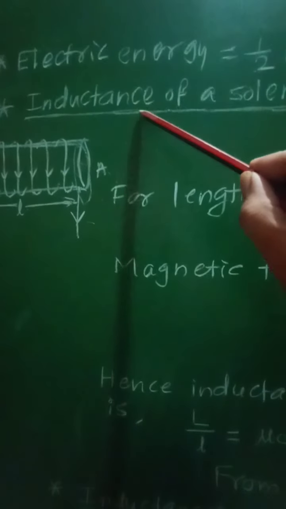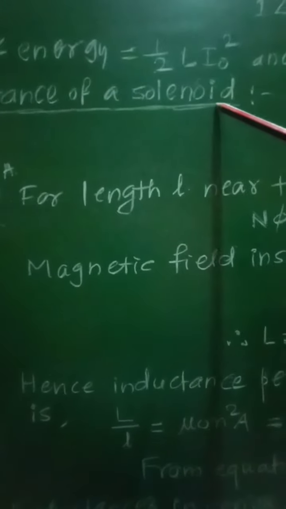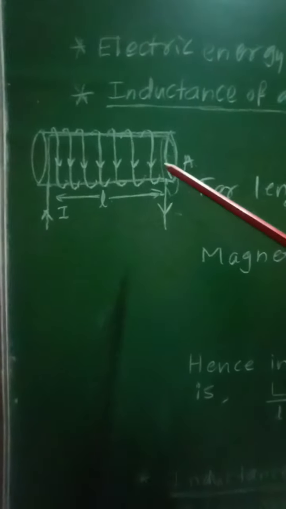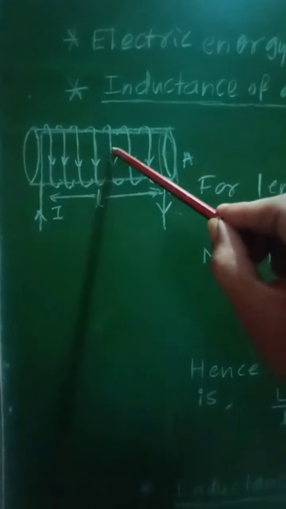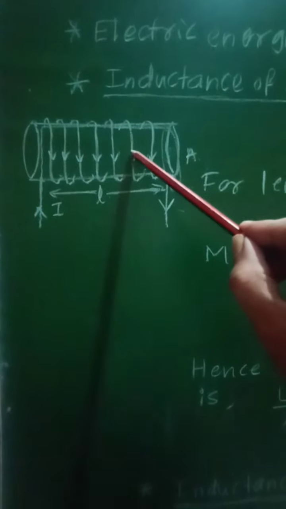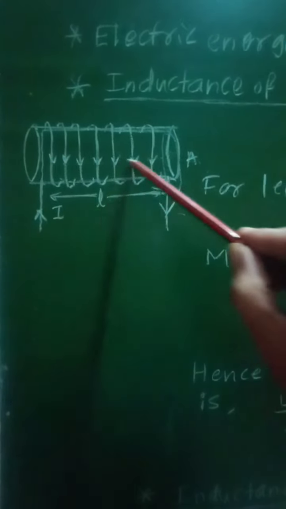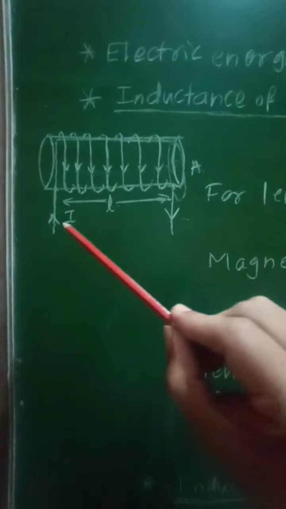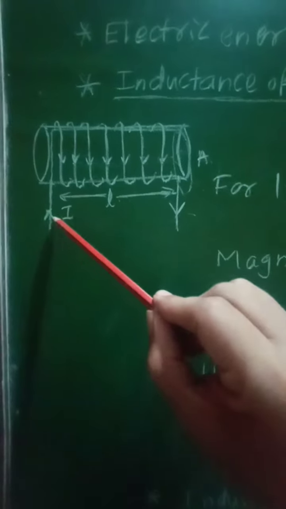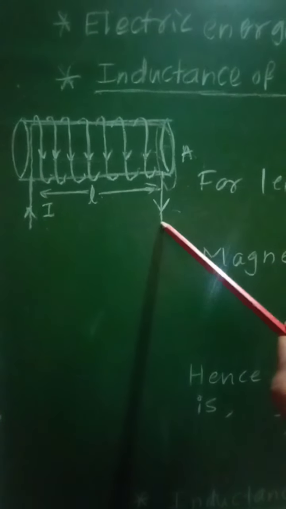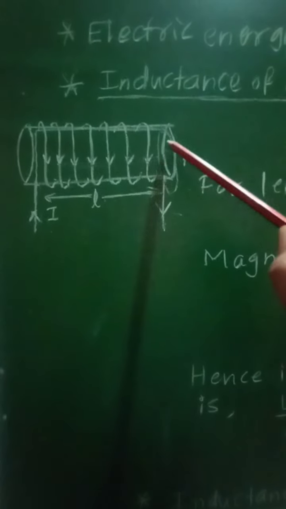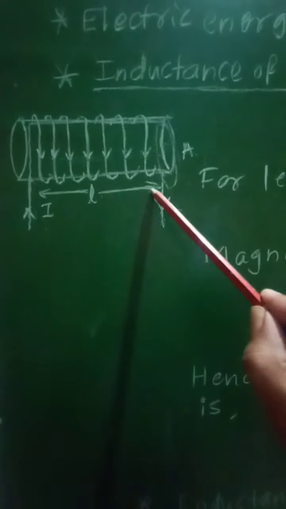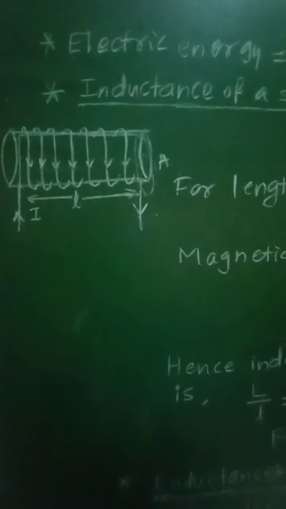Now let us see the next point, that is inductance of a solenoid. We are already familiar with the construction and working of the solenoid. So these downward arrows will represent the direction of current through the number of turns of the coil, or the windings of the solenoid. Through one end, current will enter the solenoid, and through the other end it will leave the solenoid. Let A represent the area of cross section of this solenoid and l is the length of this solenoid, and therefore